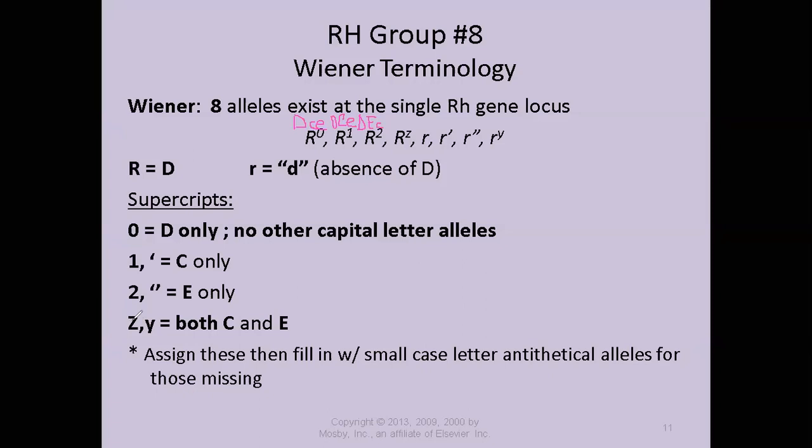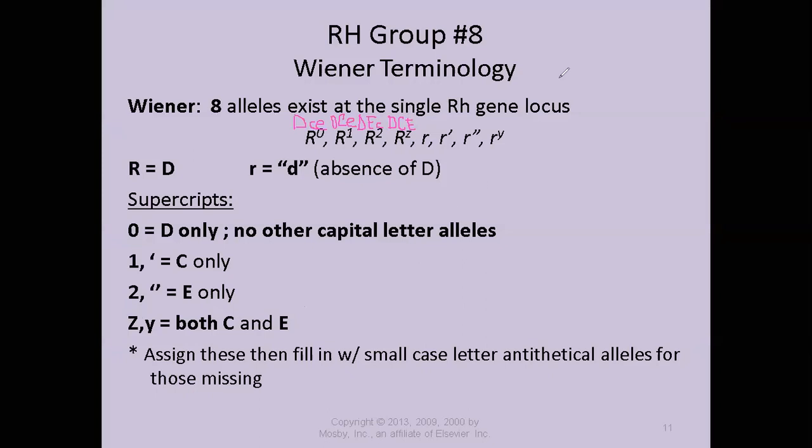When you see the superscript of Z or Y, these are times when both big C and big E alleles are present together. Remember, the big R means there's a big D, and the Z is telling us we have both big C and big E. All right,